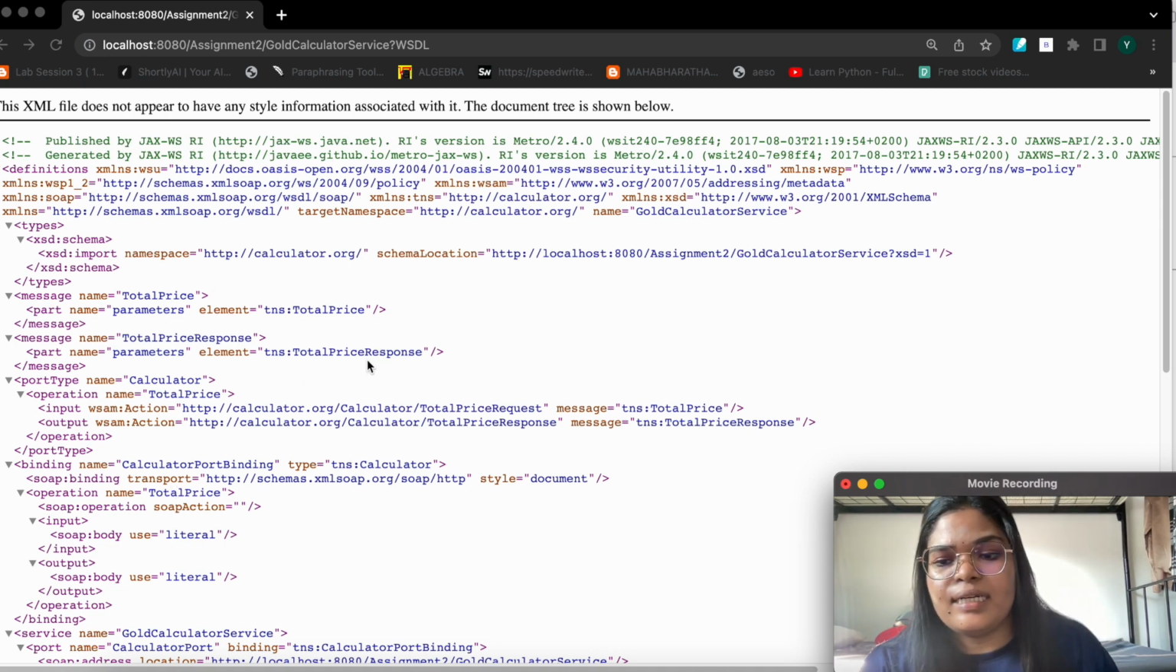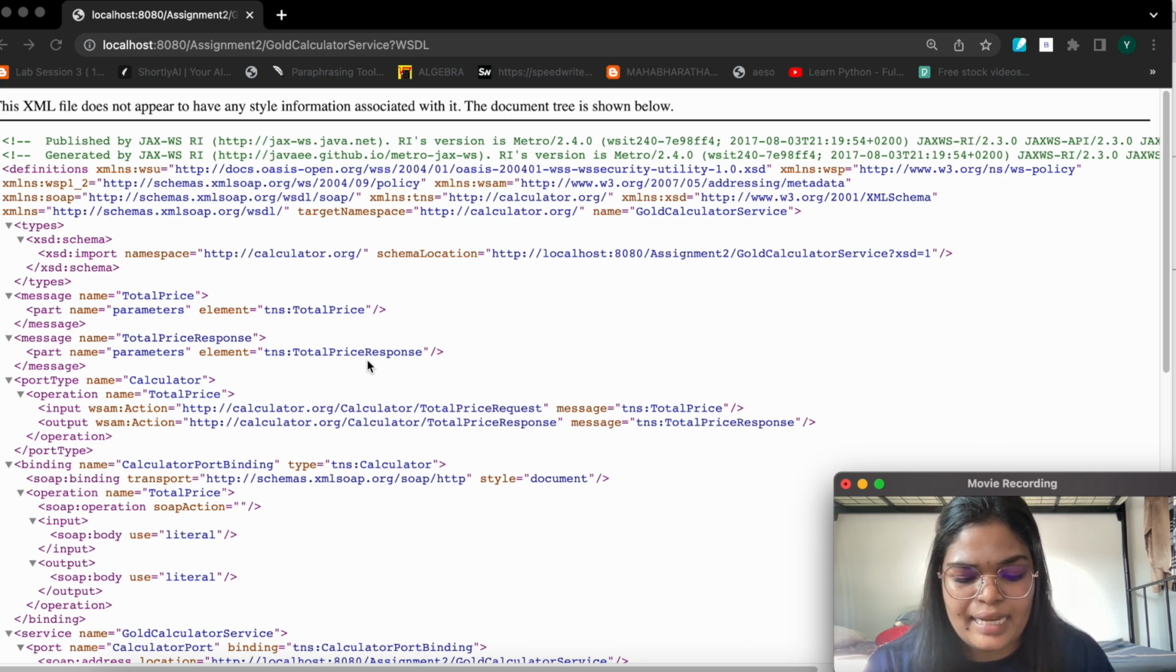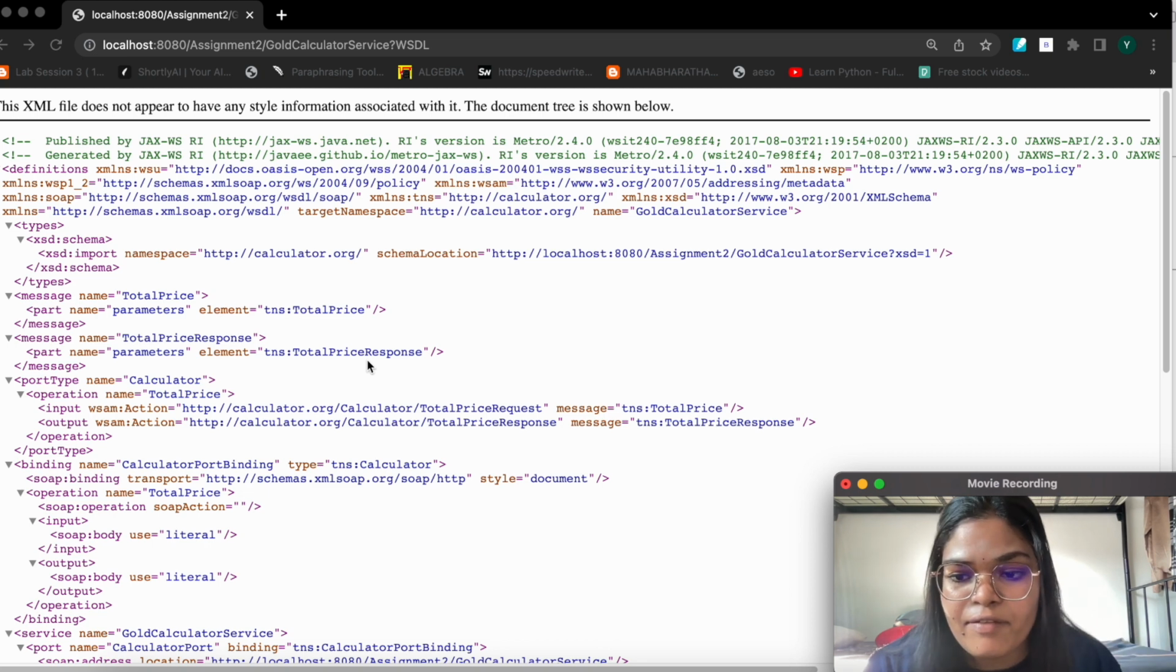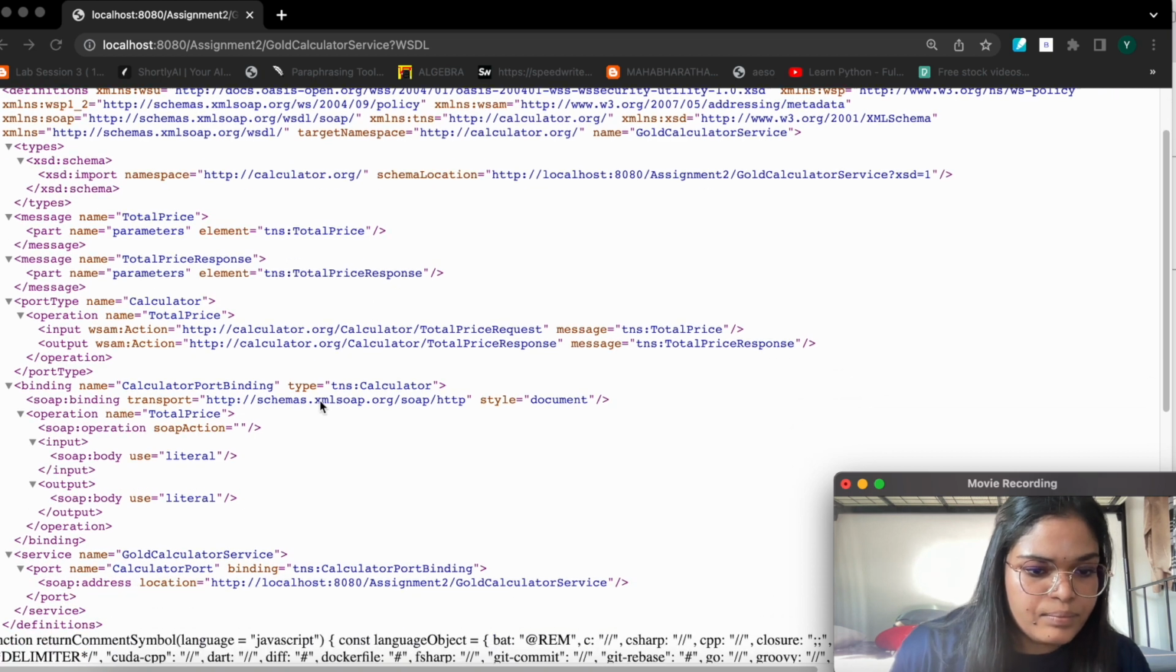Okay, as I mentioned earlier, the importance of the WSDL file: it contains the name of the web service, addressing information, protocols, and the encoding style to be used when accessing the public operations of the web service. It also contains the operations, parameters, and data types that we use in the web service project. As you can see here,